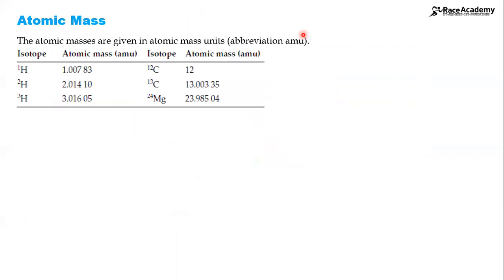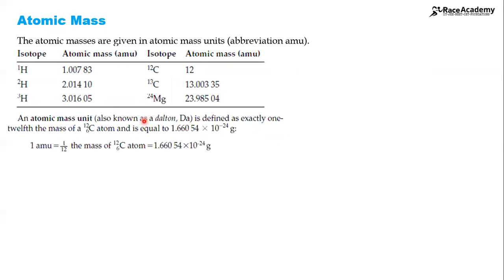Okay. So you can see hydrogen 1H1, 1H2, 1H3, how they are given atomic mass units differently. Isotopes of carbon 12 and 13 and magnesium 24. Their atomic mass units are given here as 12, 13.003 and 23.99. So on seeing these numbers, the atomic mass unit, also known as Dalton (Da), is defined as exactly 1/12